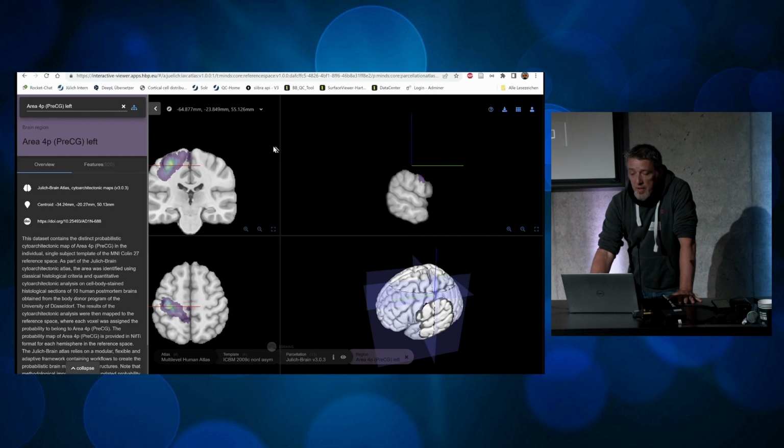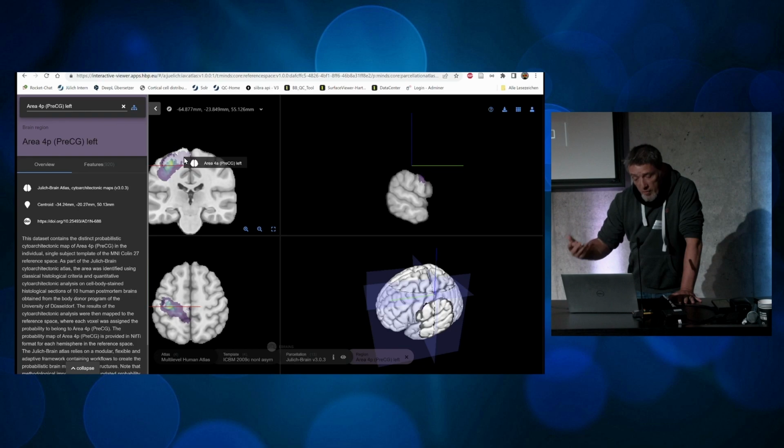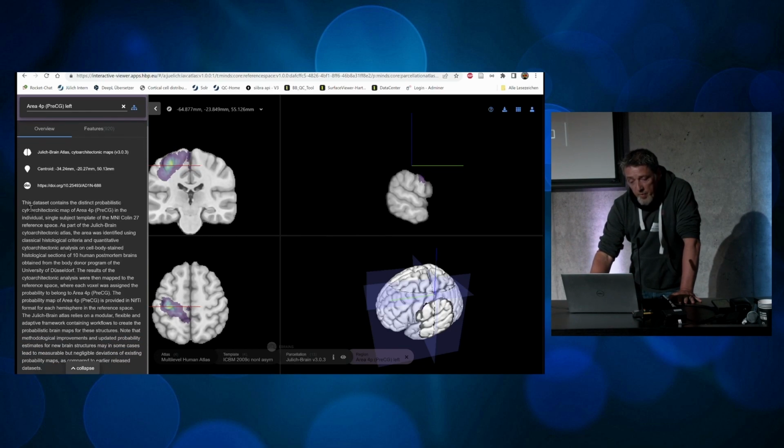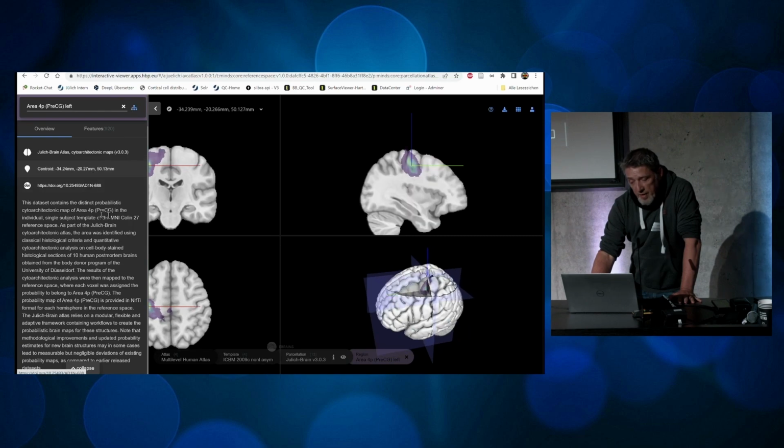And all the meta information, which we heard a lot about this day, are directly accessible through the browser here. So this is the representation of the map. Yellow means higher probability of being the specific area, and the more violet, the lower the probability is. Here you have a summary of the map which is currently displayed. You can also see it here in the breadcrumb navigation. You can navigate to the centroid of the specific map which is selected, and you directly have the DOI